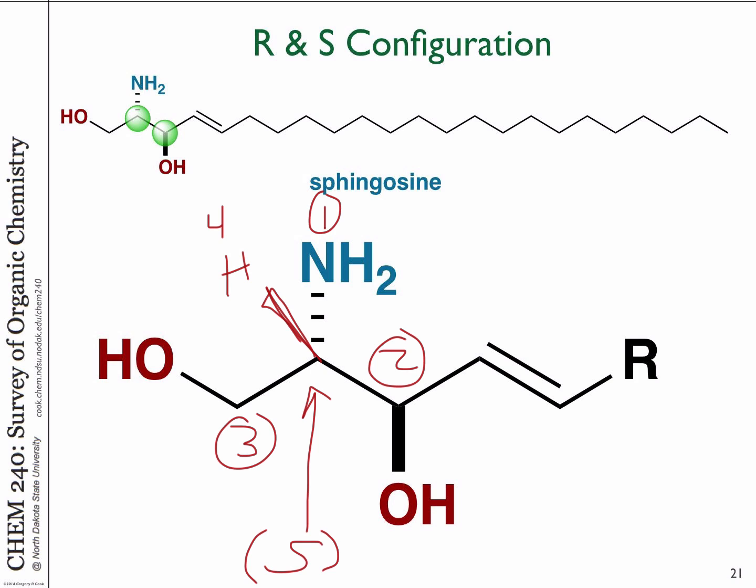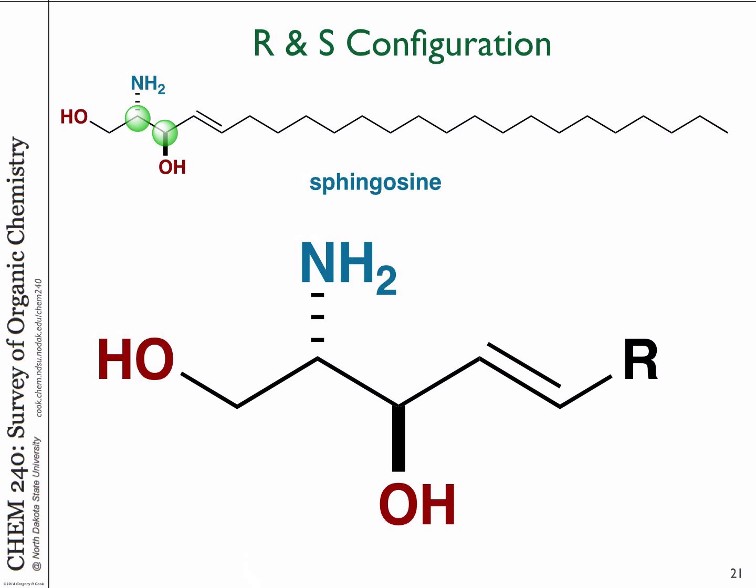Okay, so that configuration is S, but there's a second configuration. So this molecule actually has 2 stereogenic centers, and we need to identify the configuration for both. Because this molecule could be SS, it could be SR, it could be RR. Those are all different. Or RS. There are 4 different possibilities of combinations. So let's take a look at